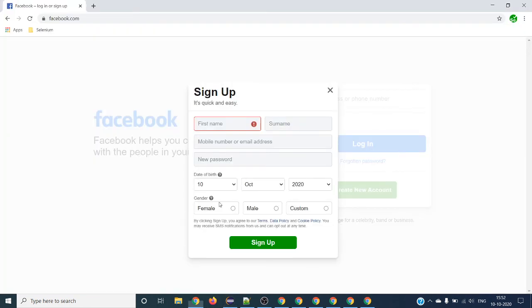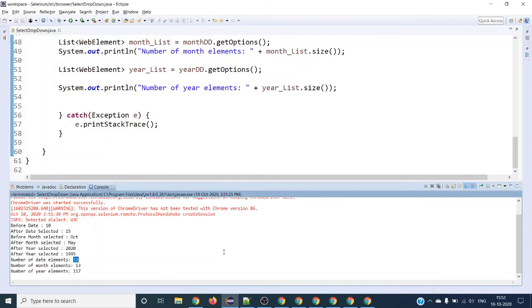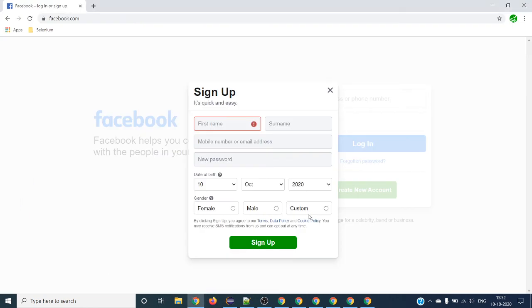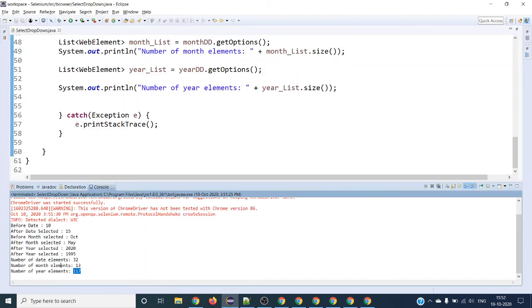The other one, month, should have only 12, but it has month also as a string, so it is returning 13. And the year, it is giving 116 years, and along with this it is giving 117, so that's why it is showing 117.